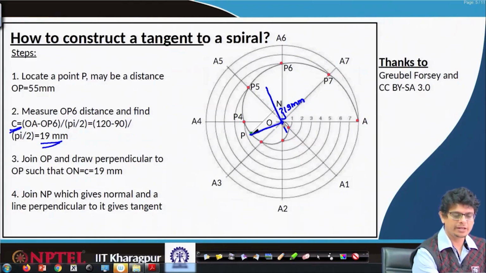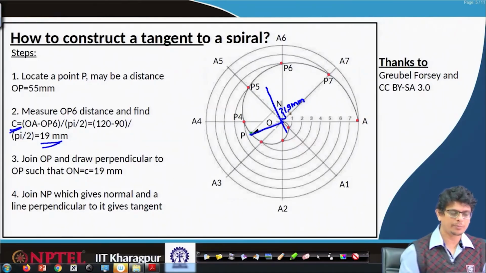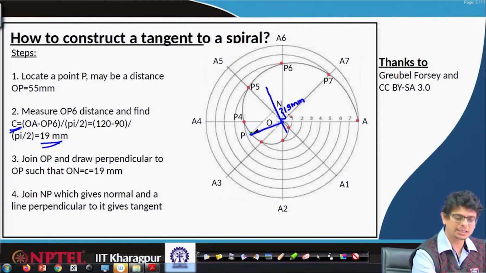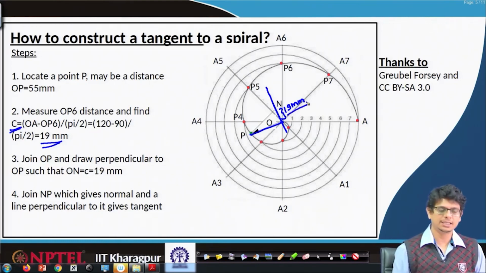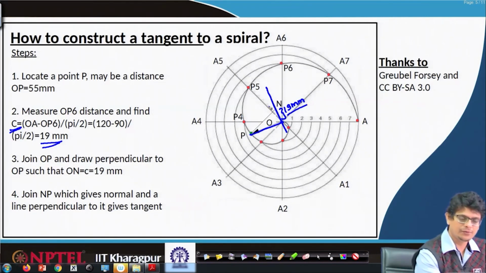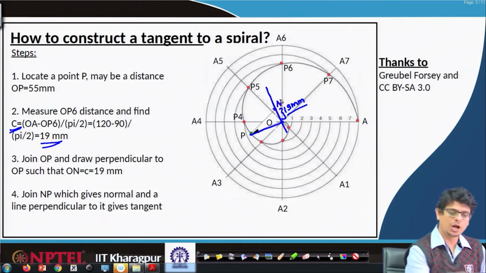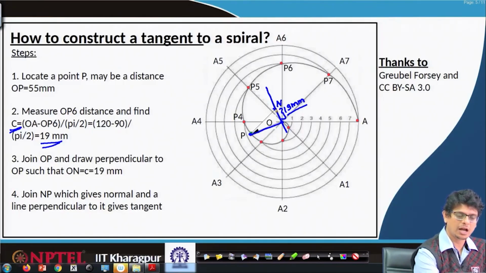So, OP and ON are perpendicular to each other, but ON is at 19 mm distance. Once it is done, we will be in a position to locate a point N. Now, join point P and point N. This will be the normal